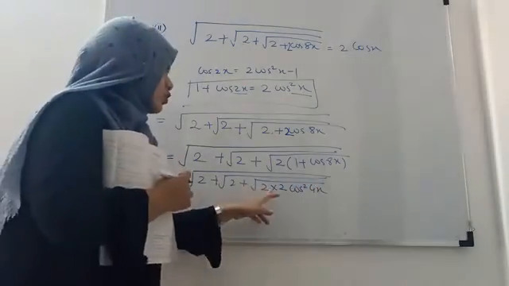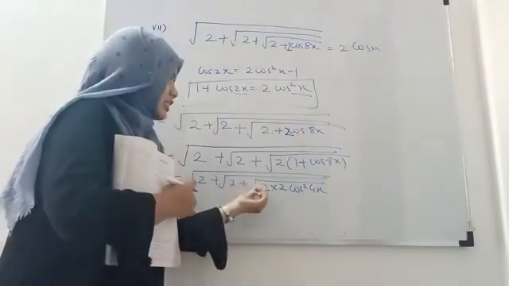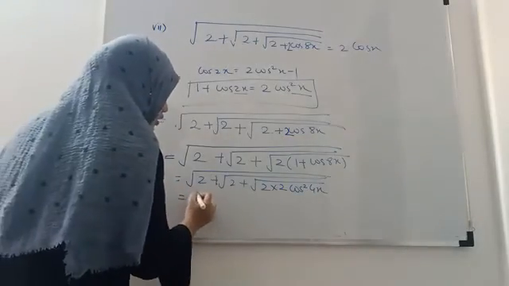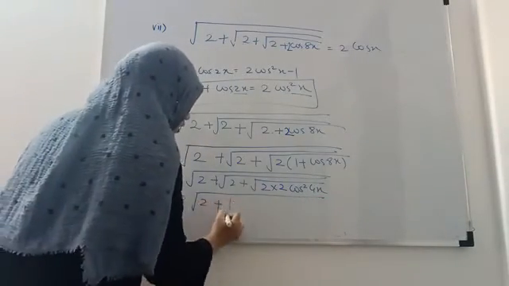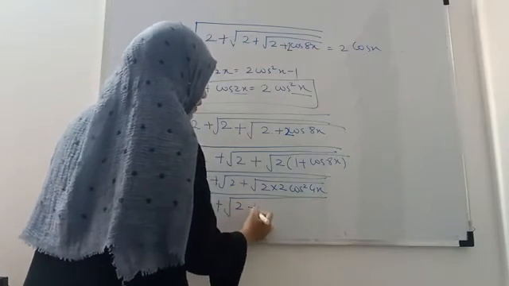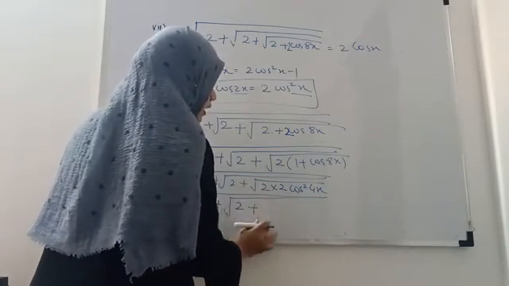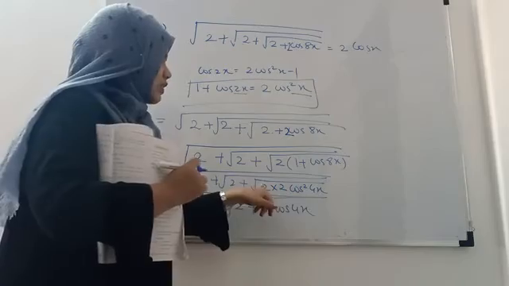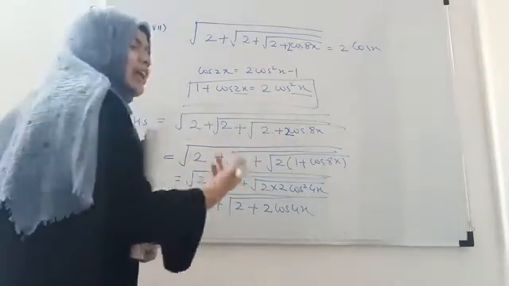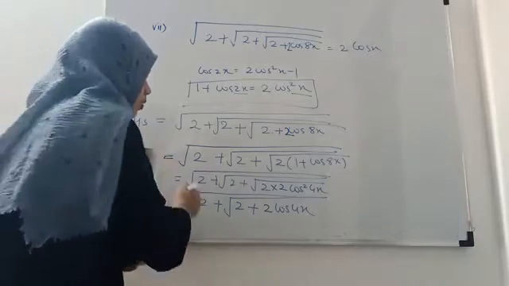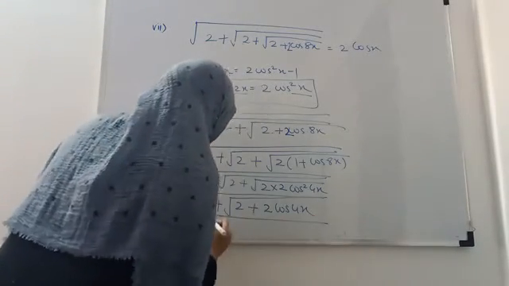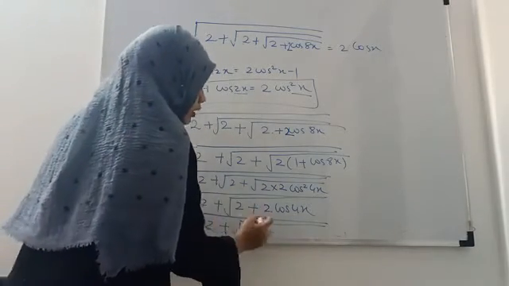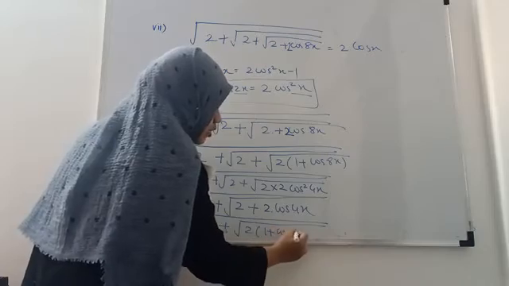Okay. Now since 2 into 2 is there, so root हट जाएगा यहाँ से and square is there. So one square root will get cancelled. Okay. So here it is first root, then a second root, and in the third root, so 2 into 2 only 1 2 will be left. Okay, and the cos 4x is there because square and this 2 will get eliminated with this square root. Now again we will do the same procedure, take out 2 common, so we will be left with 2 plus in the square root 1. If I am taking 2 common, so 1 plus cos 4x.